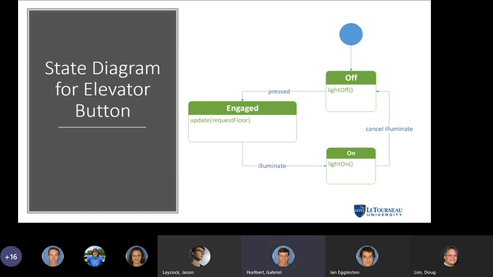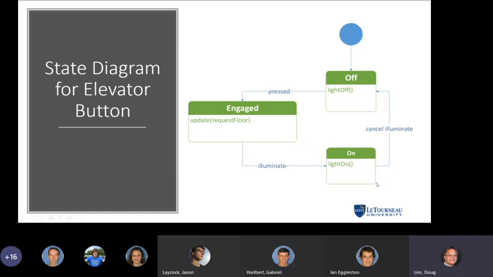Would you just remind me about the solid dot? So the solid dot is basically the initial state for this class. This elevator button class would initially start, or be initialized, at the off state. So that's sort of the starting state. In this case, we don't have an ending state, but there's also a solid dot with another circle around it, which is a termination state.